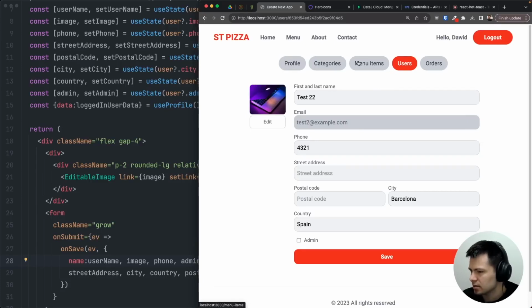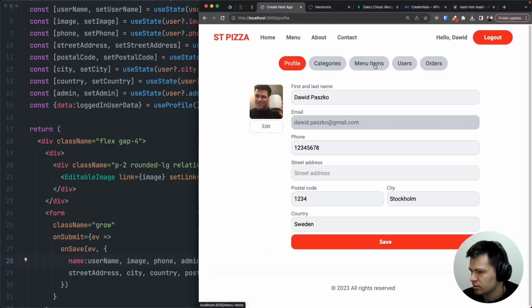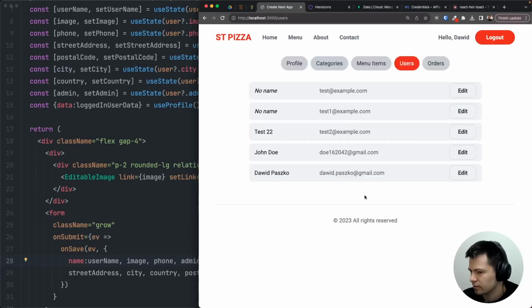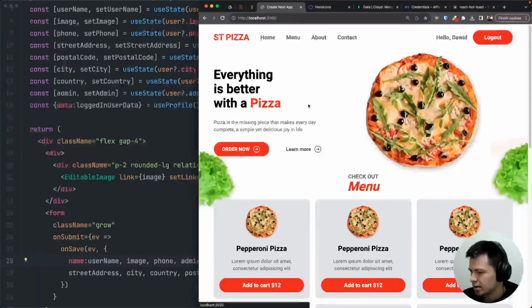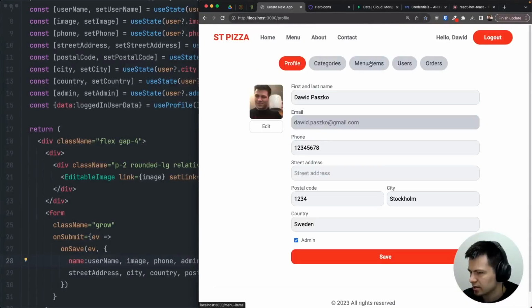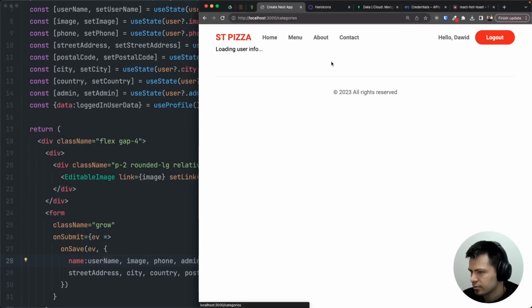And we can basically edit all of the profiles, all of the users that we have. So that is nice. The next thing will be actually orders, but before we do the orders, I would like to display all of the pizzas from my database. For now, they are hard-coded, and I will add some real categories and real menu